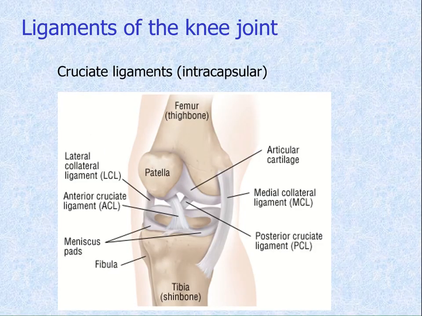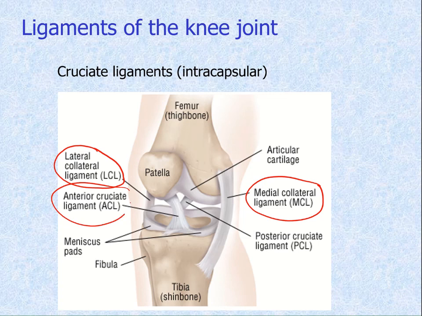Associated with almost all joints of the body, there are ligaments. Their function is to keep the two ends of the bones together without allowing dislocation. We will take the knee joint as an example to take an idea about the ligaments. There are 4 main ligaments at the knee joint. The lateral collateral ligament or the fibular collateral ligament, medial collateral ligament or the tibial collateral ligament, and the anterior and posterior cruciate ligaments